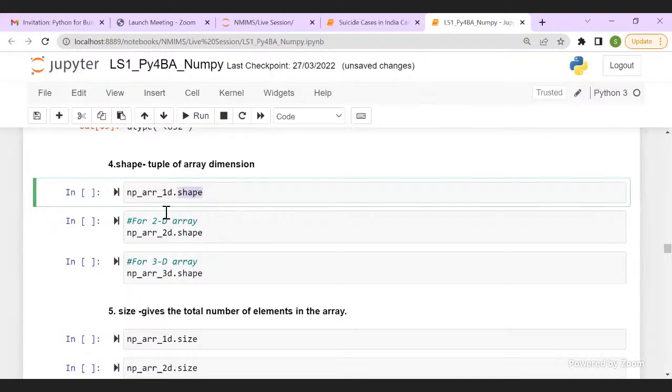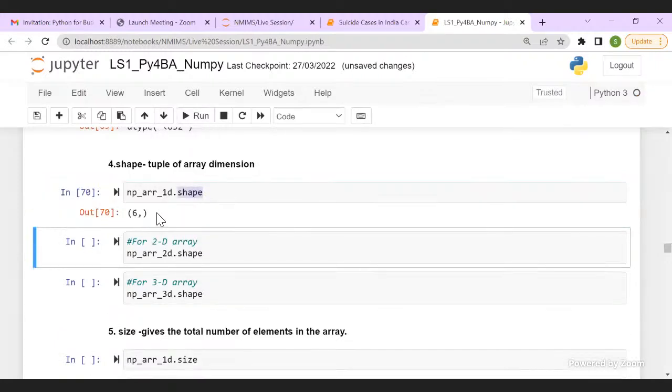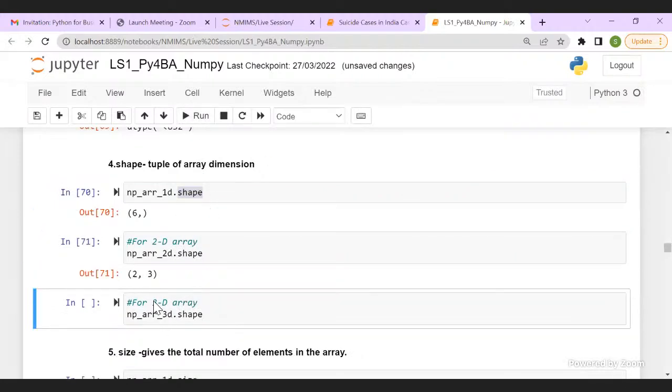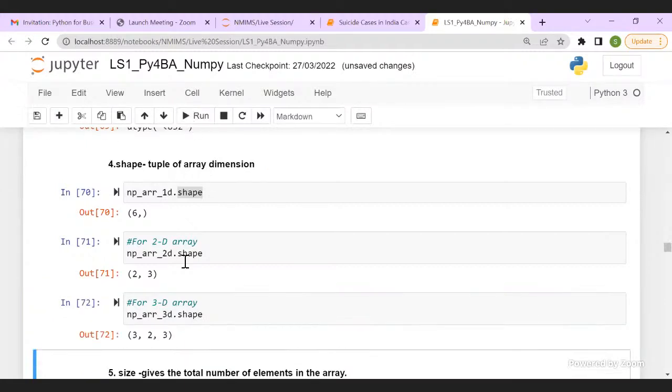Just invoke your attribute name. It will give you the shape. These are the arrays I have created before. You can scroll up the code and see the names of the variables you have given for your 1D array, 2D array, and 3D array. You can check whatever shape you have given there to create them. Same answers you will be getting out here.